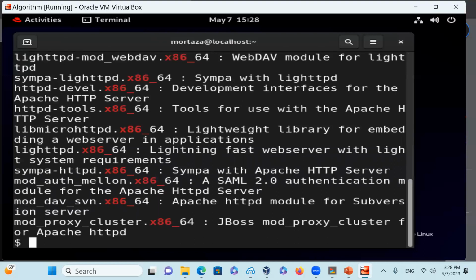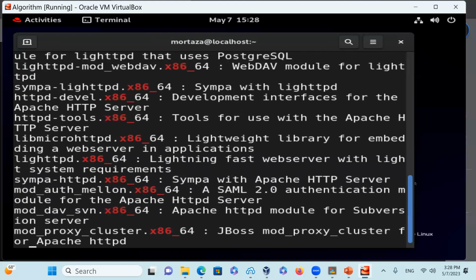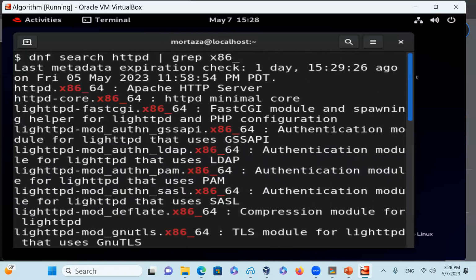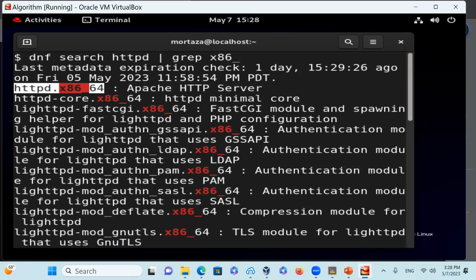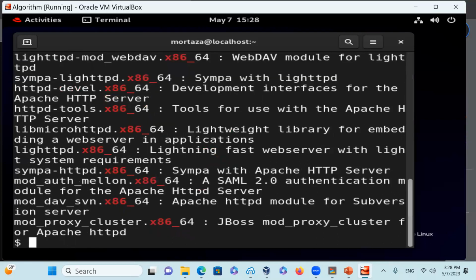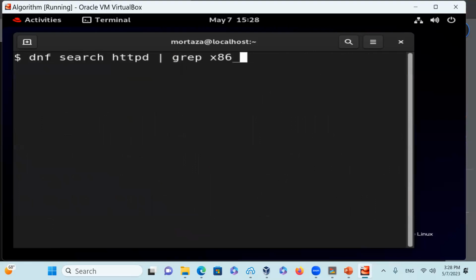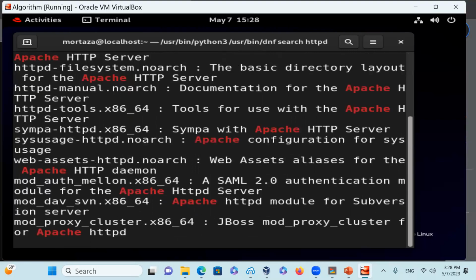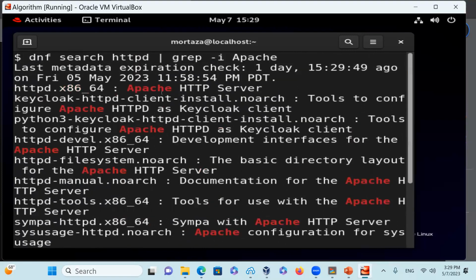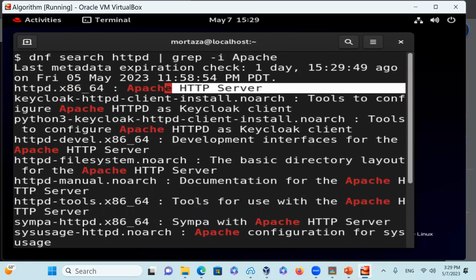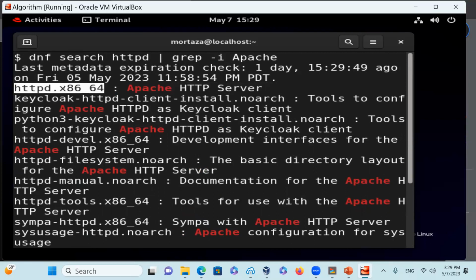Okay, so the one that I was interested in, you could just look for the exact name or grep out the name. This is the one that we were looking for. And then I could say, for example, here, clear screen, say, with this one, I could say grep -i Apache. That would also show the Apache HTTP web server. Here, there's a number of them matching. And then the one that I'm looking for, even for Apache HTTP web server, is that